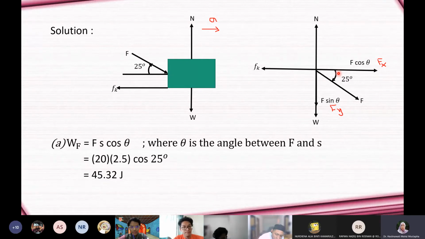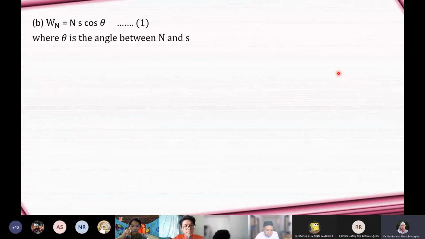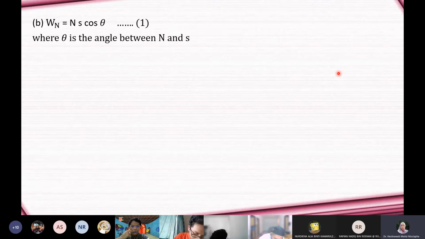Look at B. Work done by the normal force exerted by the table. N lah kan, normal force exerted by the table. So kita nak cari work done by the normal force. Okay, so Wn is equal to Ns cos theta. Okay, so theta is the angle between N and S. So look at